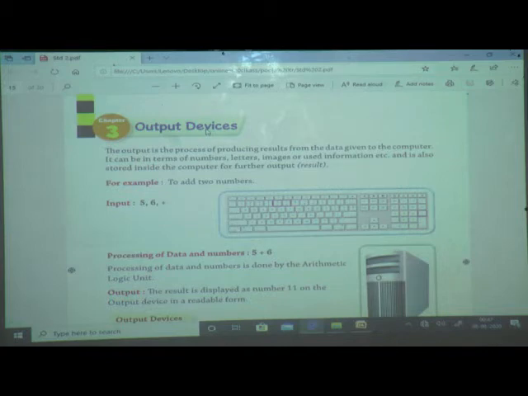Firstly we will see what is the use of input device. What is the use of input device? Yes, good. By using that device we are giving instruction to the computer. We are giving input to the computer. That's why this type of device is called an input device. Which are the main input devices? Keyboard, mouse.